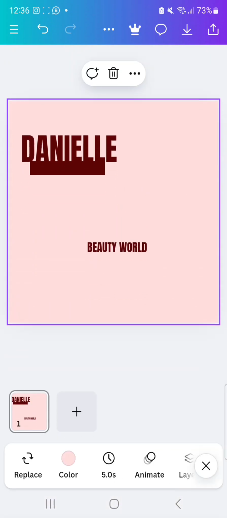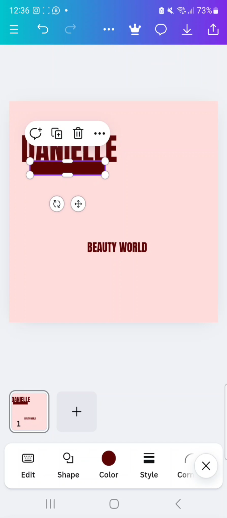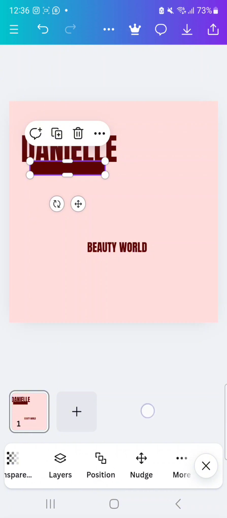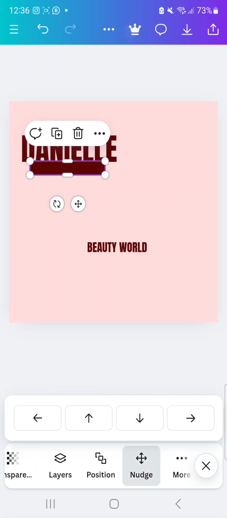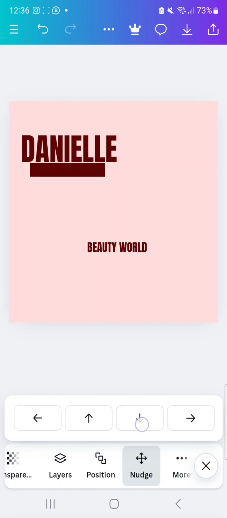The Daniel and the square is too close and we don't want it to be like that, so I'm just going to scroll. I'm going to scroll and I'm going to look for this stuff. It's called nudge. I'm going to click on it and use it to move it down a bit. As you can see, it's moving little by little. Okay,